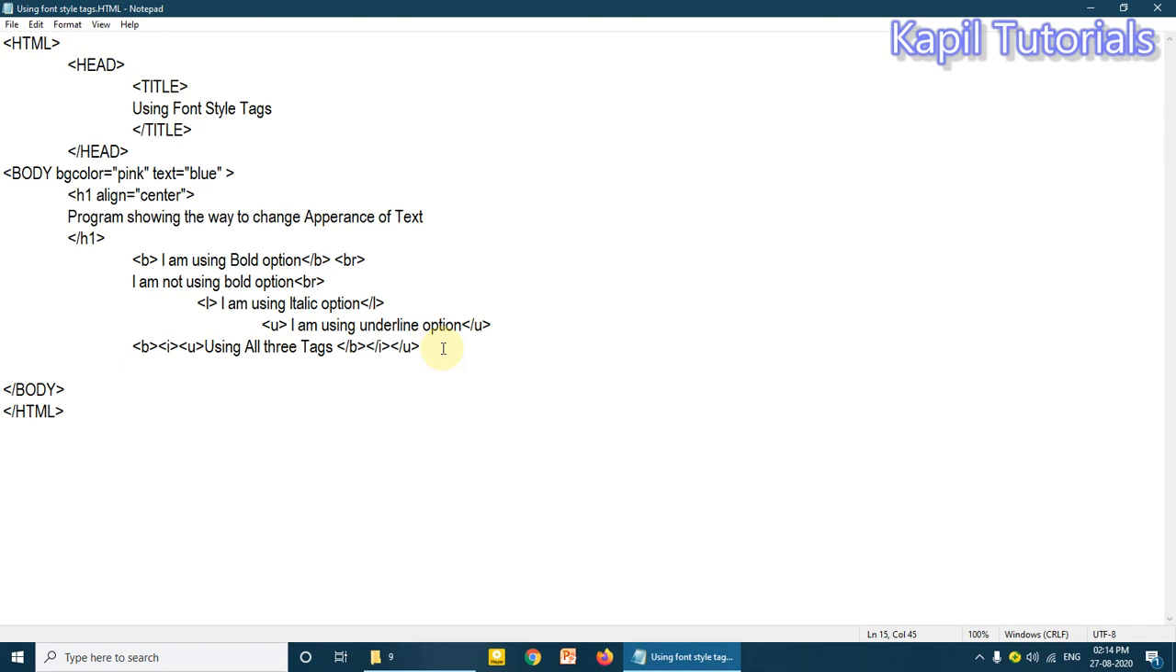Now in the same program I want to teach you about one more tag, typewriter. This tag displays the enclosed text in typewriter font. Typewriter font is a kind of a font. In earlier days when computers were not there, only typewriters were used. So just to give that kind of a look, we can use typewriter font, and for that I can use